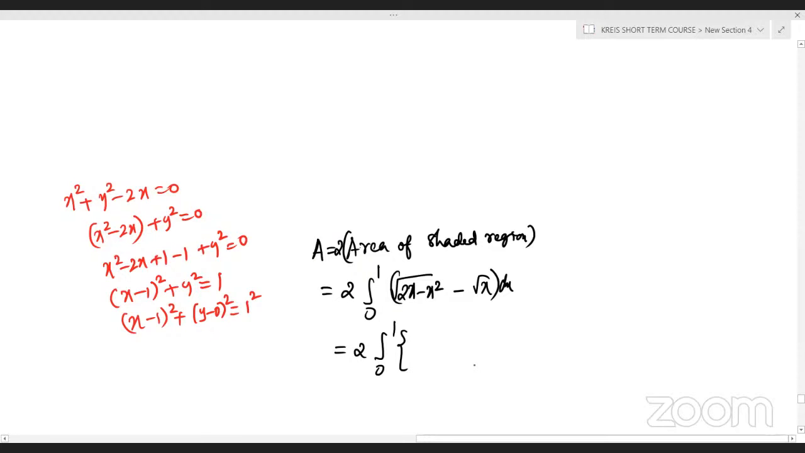Otherwise you can observe the area, it is going to be the area of a circle, right? So integral of square root of 2x minus x squared with respect to x, minus integral from 0 to 1 of x to the power half with respect to x. This is going to be a circle, as I said. So it is 2 times, you can write